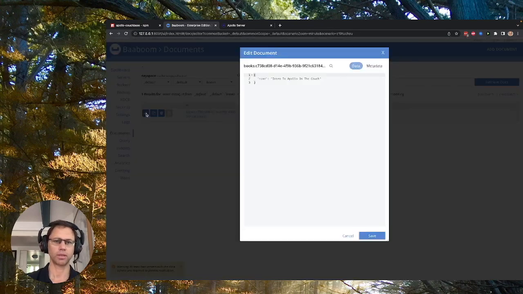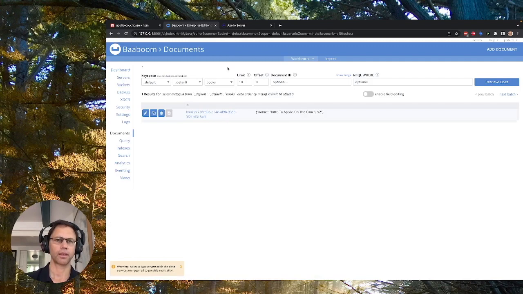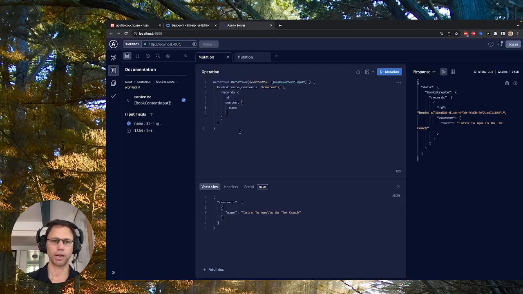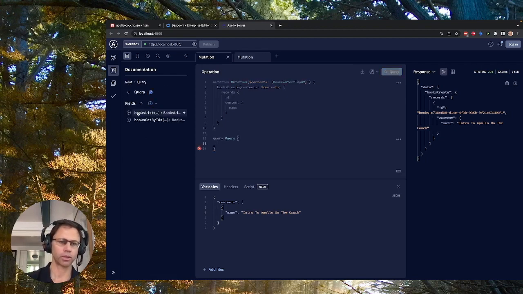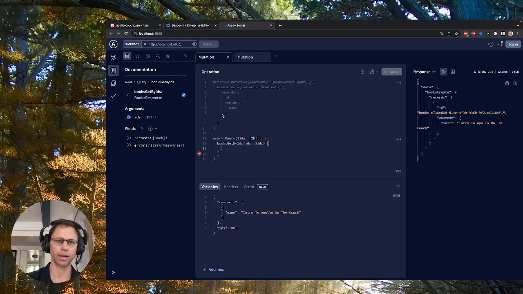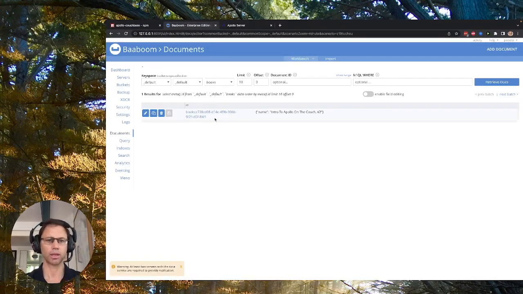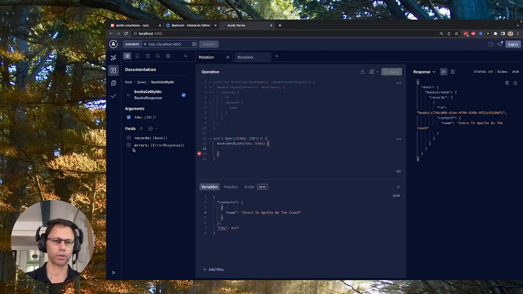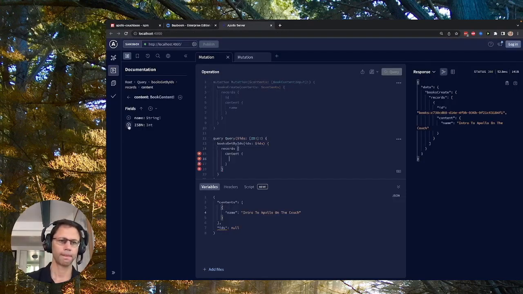So we can now change the name of that to version 2 and save that. And then we can go back to the UI for Apollo server, and we can query for that new book that we created by ID. So we can go back here, take the ID, and get the book with that ID. So we just care about the name,